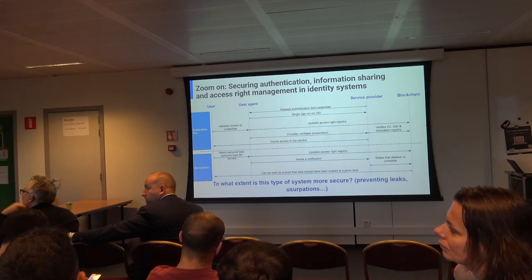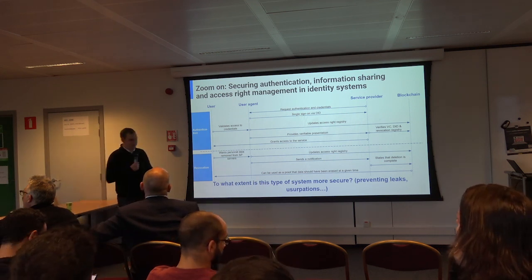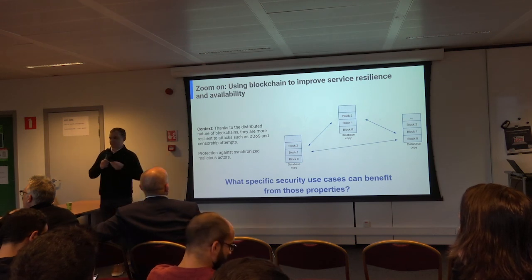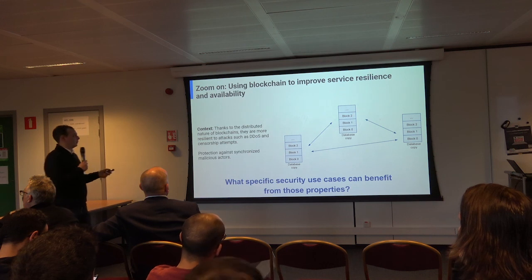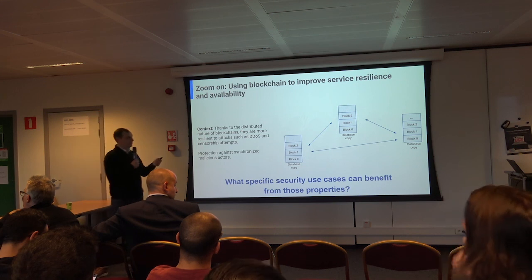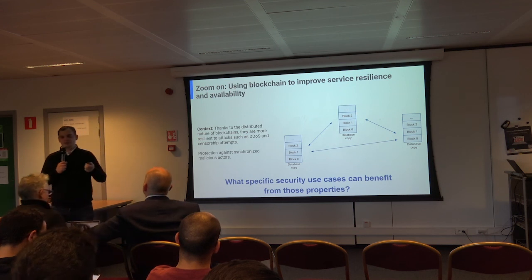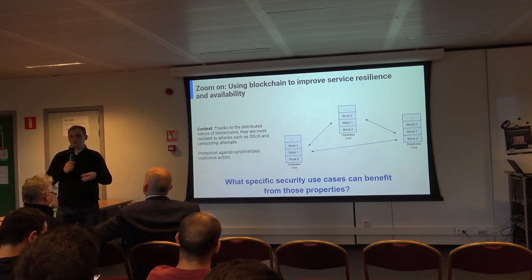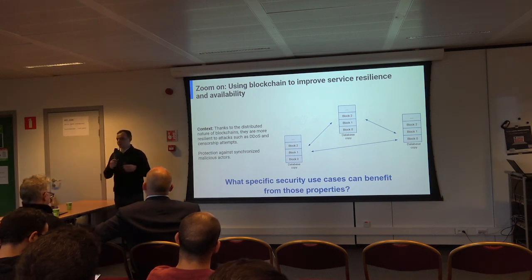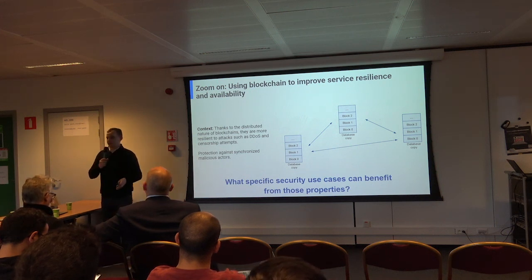Okay, excellent. There are two additional things that we would like to cover before the end of this session. The first aspect was actually mentioned before in the discussion, which was using blockchain to enhance the level of service availability and the resilience against attacks of those services. This is something that everyone knows. This is one of the earliest cases of blockchain.